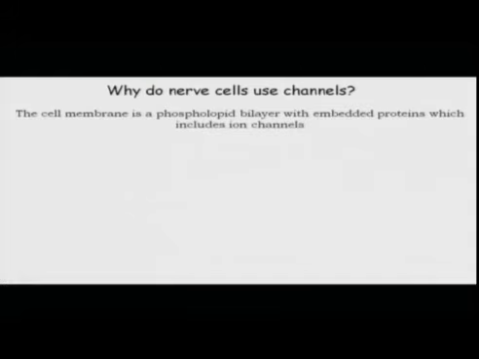So, why do nerve cells use channels? That addresses the basic question that the cell membrane is made up of a phospholipid bilayer which is embedded with proteins including the ion channels. Now, what is this phospholipid bilayer? The phospholipid bilayer has a single unit which is a phospholipid. So, the phospholipid is a molecule which has a polar head and two hydrophobic